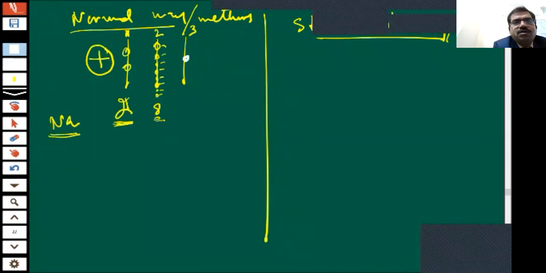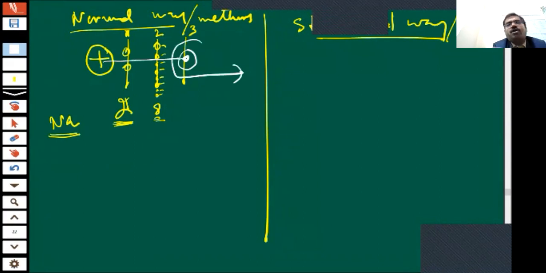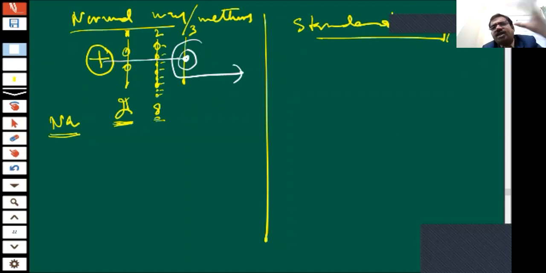So tell me, which electron is loosely packed? This electron is loosely packed, because those near the nucleus are tightly packed. So suppose we want to remove this electron. Now don't put any unnecessary question or doubt in your brain about why we are removing this electron. There may be some reason. Don't engage your mind in that.